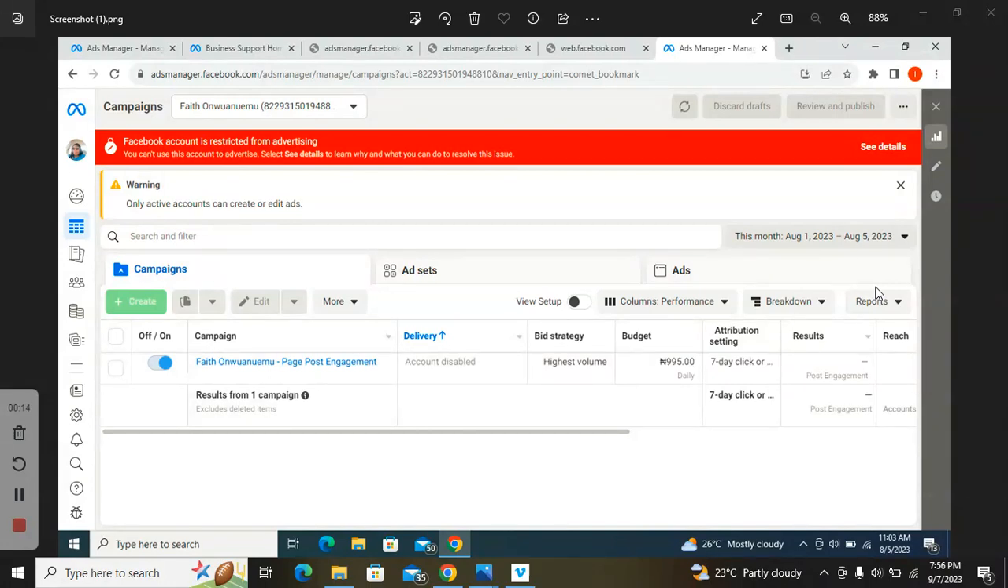Now, note if your account is still restricted from advertising, you can still get it back or disabled. But if it is permanently disabled or permanently restricted, you have lost the account. So all you have to do is check the details to see whether your page was affected. If your page was not affected, you can look for someone you can buy an ad account from and